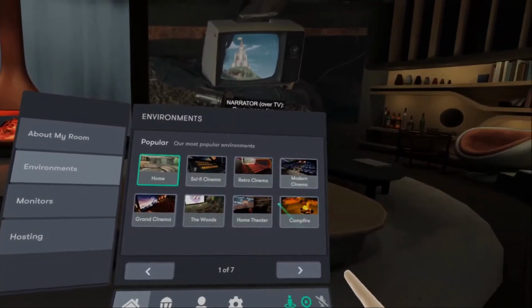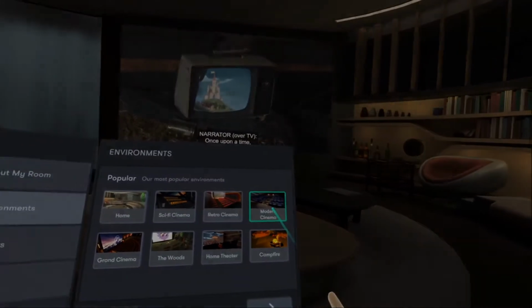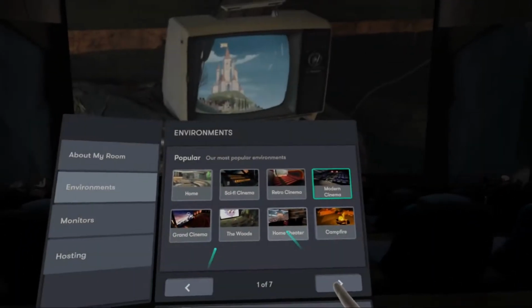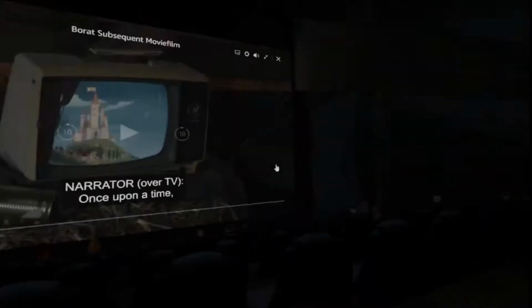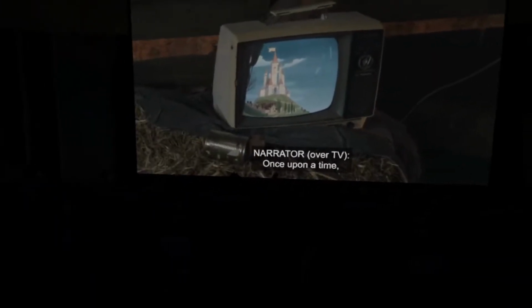Let's see, which one did I want to pick? Let's pick this modern one. You see, there's other avatars in here, and I don't like to talk because I think they can hear me. I don't know if you can see them, but I can. I'm turning myself around using the thumbstick,